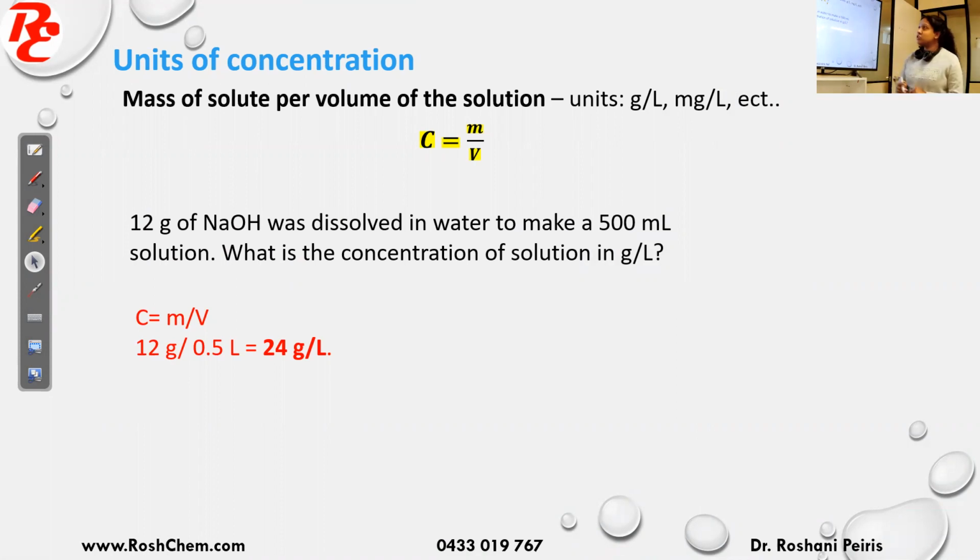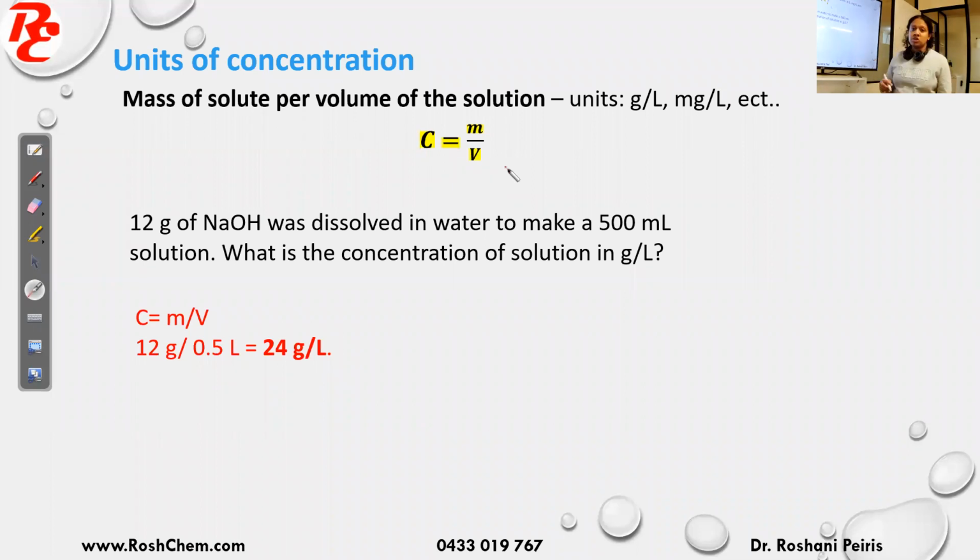So I can say concentration equals to mass over the volume. So I can use the equation here, concentration equals to the mass over the volume. So depending on the unit of mass and the volume, the unit of concentration will vary. So if the mass is expressed in grams and volume is expressed in liters, the concentration will be grams per liter. If the mass is in milligrams, volume is in liters, then it will be milligrams per liter. So like that, depending on the unit of mass and the volume, the concentration unit will vary.